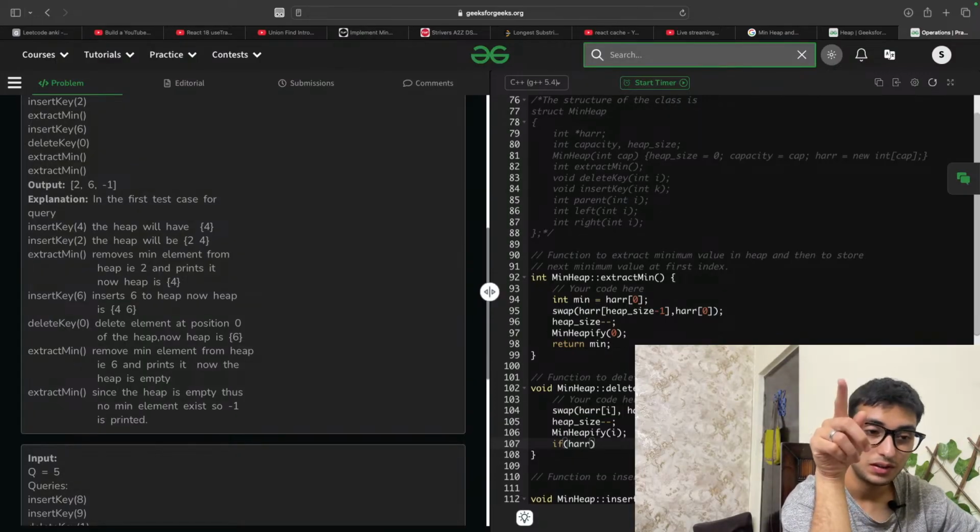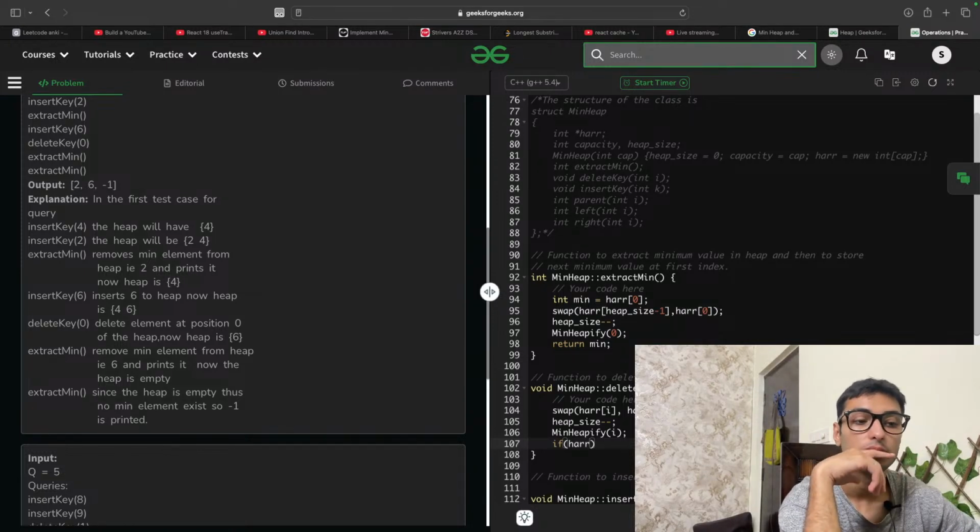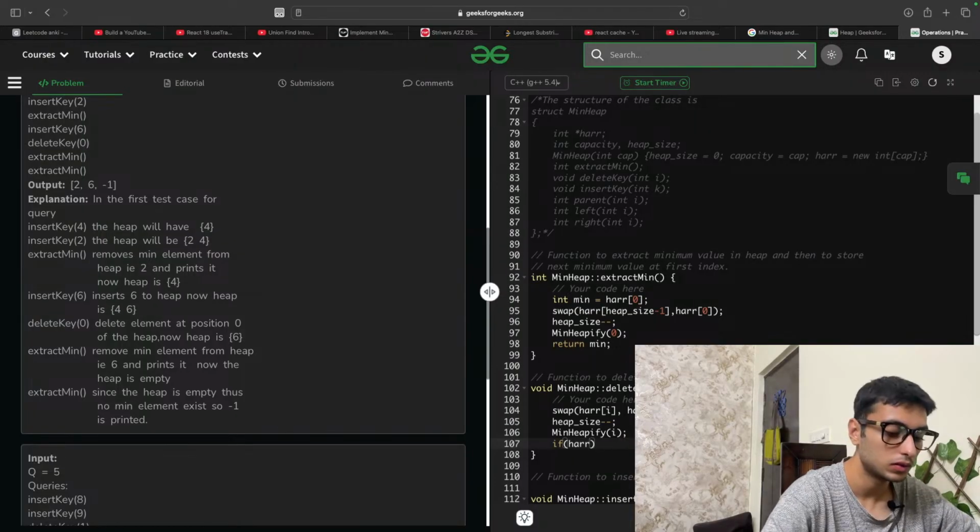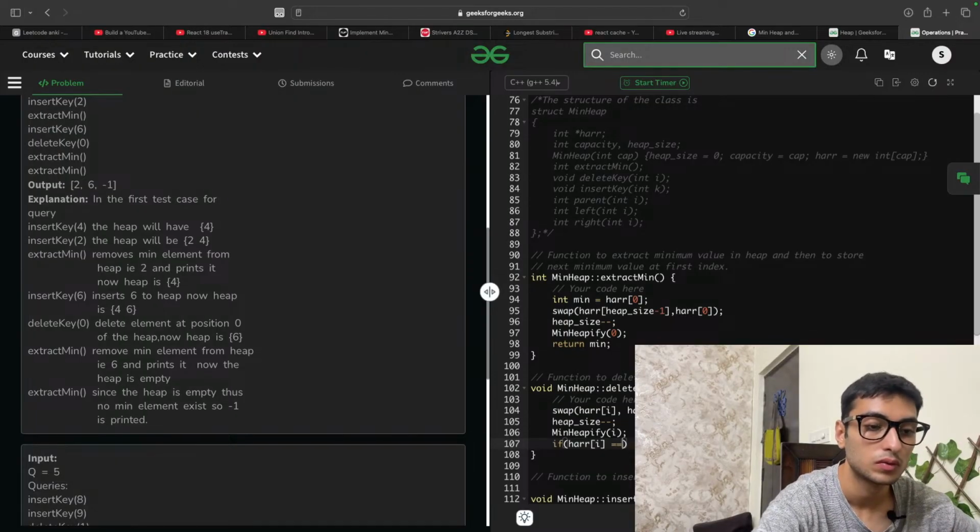You swap these, you decrease the size by 1, and then you min heapify I, if HARR I is equal to... I want to check if it's still the same.